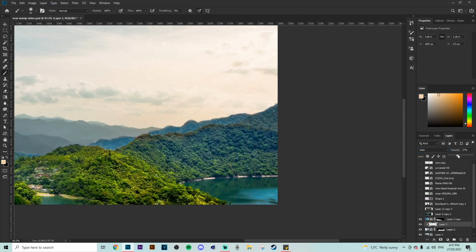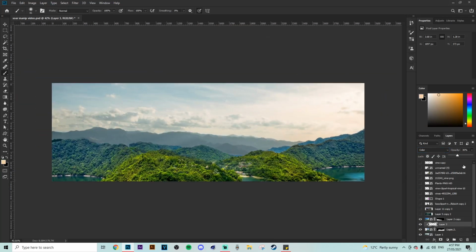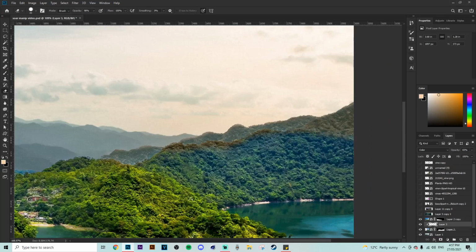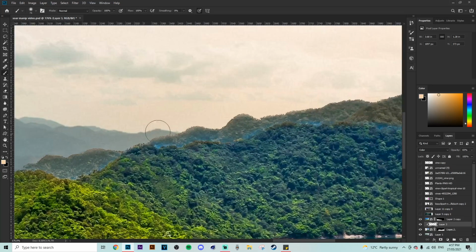Opacity, we're just going to bring that down a bit, just to a point where it starts to blend a little bit more with the background. And then we're going to grab the erase tool real quickly and just try and get rid of it on the ridge line here. But put it on 0 hardness so it blends nicely along the ridge line like this. I'm going to keep going back over the parts that are blue and make sure that we